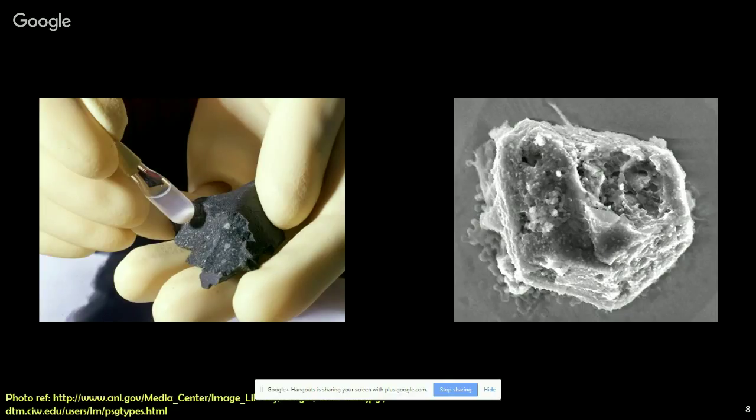And if you remember, I said that those grains can come from places like classical novae. So that means they didn't originate in our solar system. The rest of the meteorite might have cooled in our solar system and been created when the planets were forming, but this grain came and fell into that material from some other place. So that means if we figure out what's inside of that grain